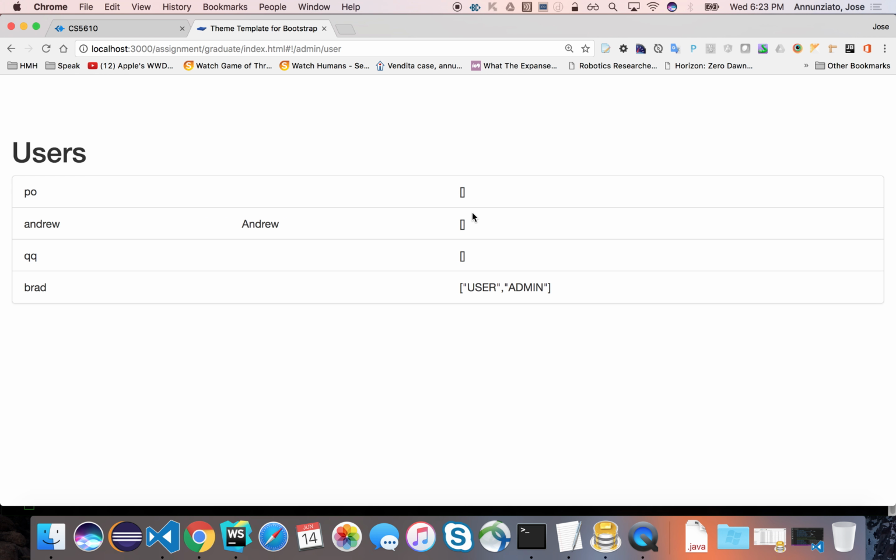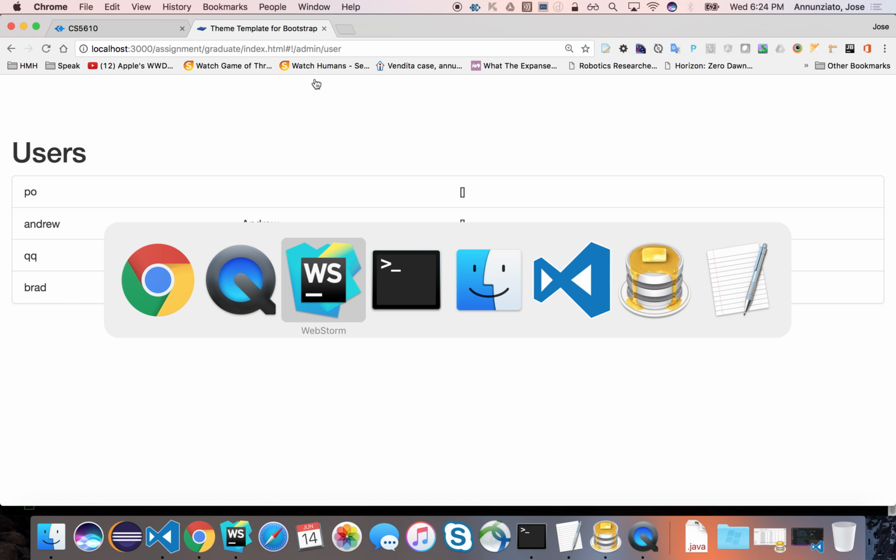Okay, so here we have a page that is listing all the users. And what I'd like to be able to do is make sure that even if I make it into this page with the wrong role, the server needs to refuse to provide me with any data if I don't have the right credentials. So back on the server